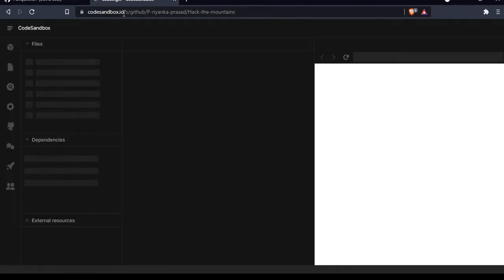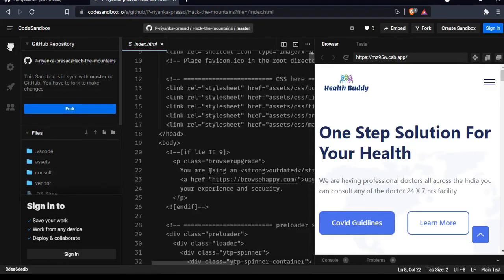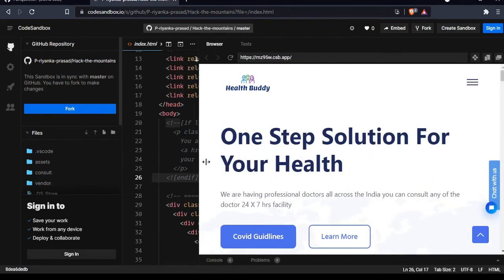It will open a CodeSandbox, and there you will be able to see the live preview of whatever code you have written in that particular repository. Whatever changes you make over here will be shown directly here.